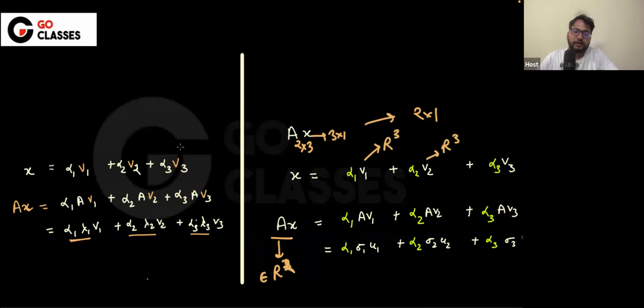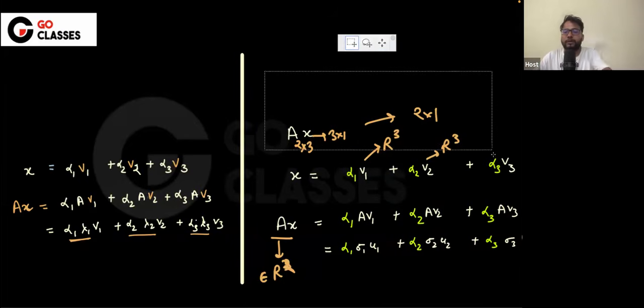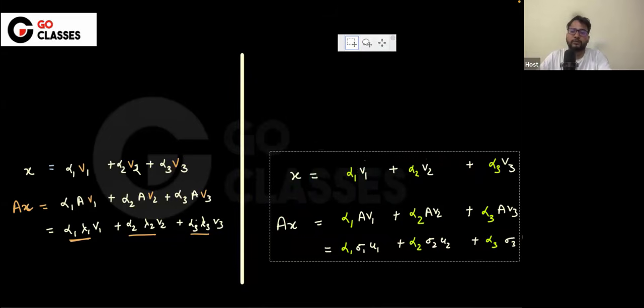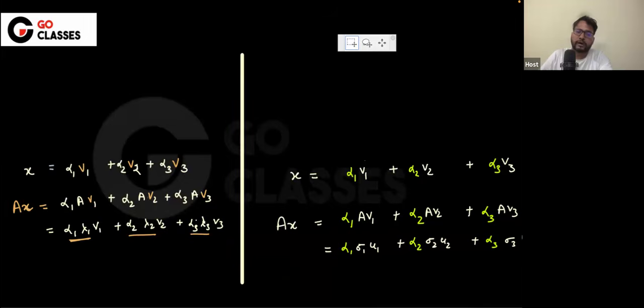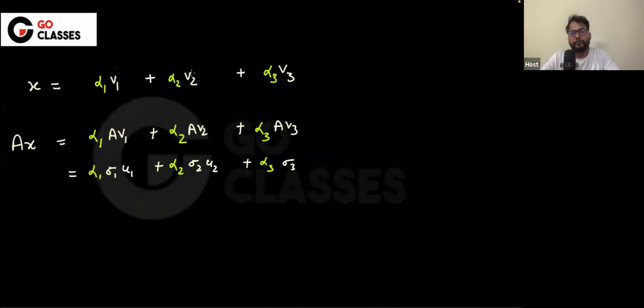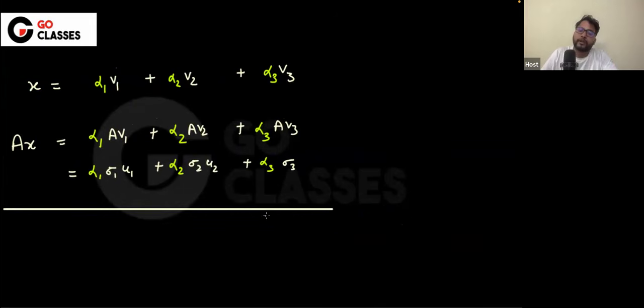Okay, because the matrix is a rectangular matrix, not a square matrix anymore. So basically what I'm trying to say is that if you have AX, then you are having the coordinates with respect to u1, u2, u3. You don't have the coordinates with respect to v1, v2, v3, which is okay, because the dimension might also not match. So what you can conclude from here is that if you want to look at this AX from a different angle,